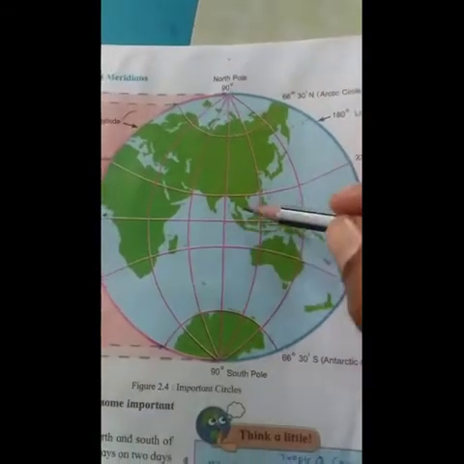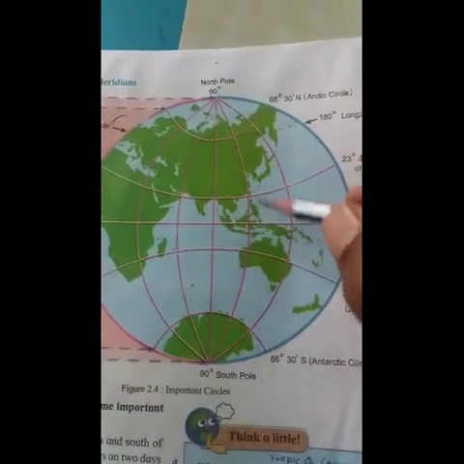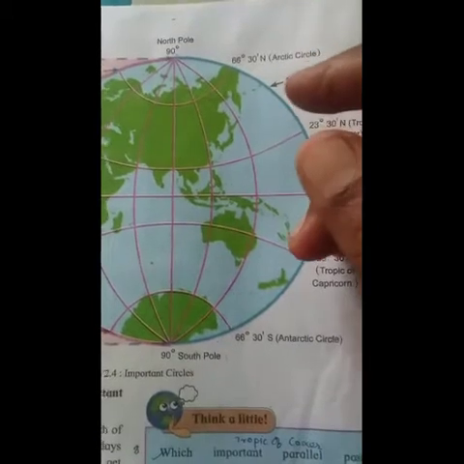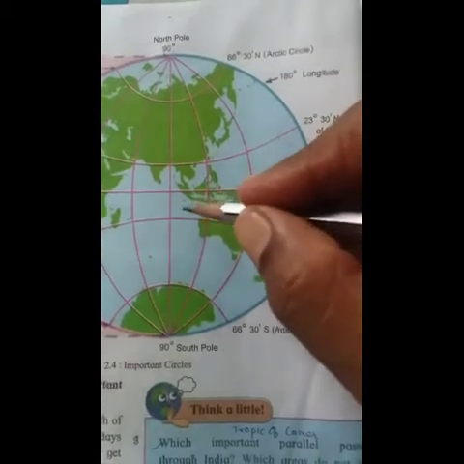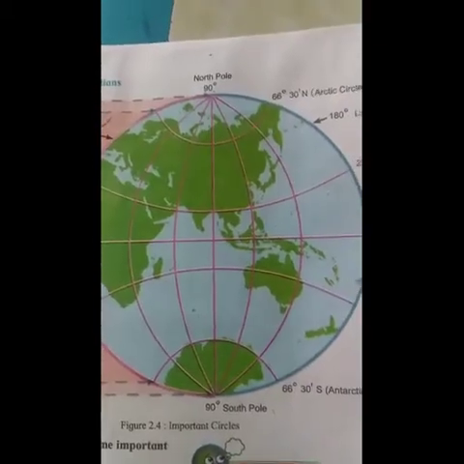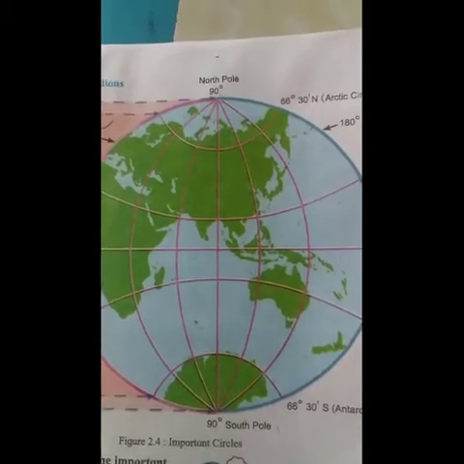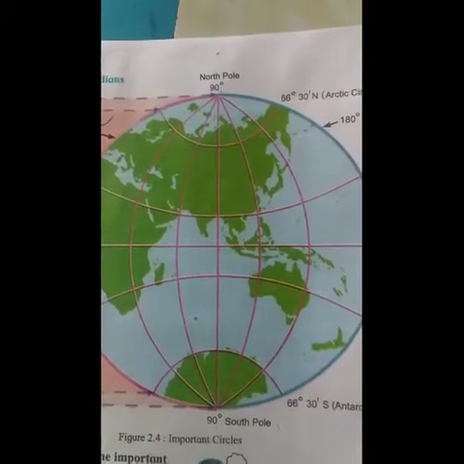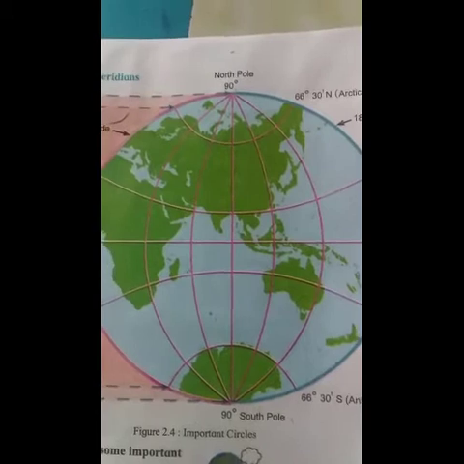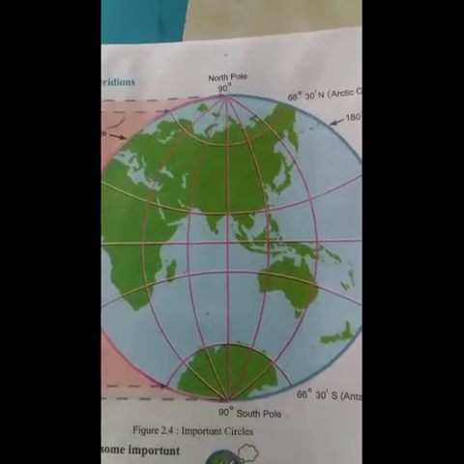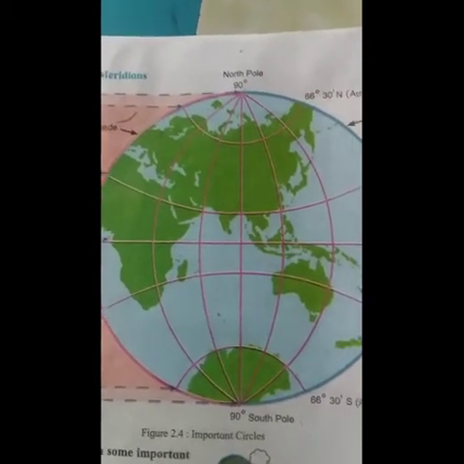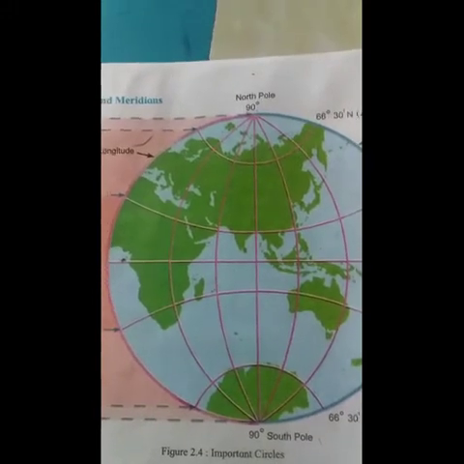This occurs due to the Earth's inclined axis. We have seen in standard 5th that the Earth's axis is inclined. These important parallels arise because of its inclination of 23 degree 30 minute. Due to the duration and intensity of sunlight, different temperature zones are formed on the Earth. These zones give rise to pressure belts. Variations in the intensity of sunlight lead to regional diversity in plant and animal life. Further, we will see this part.